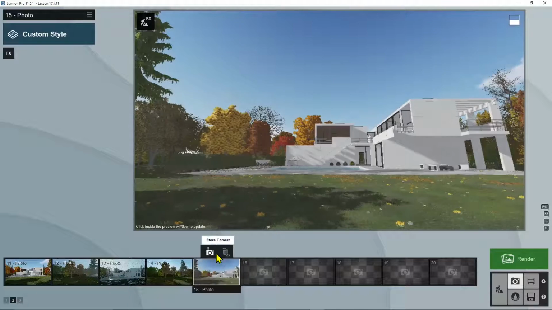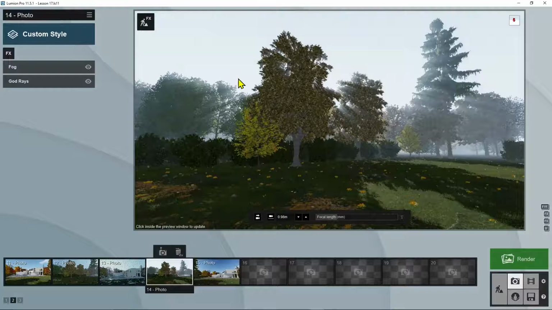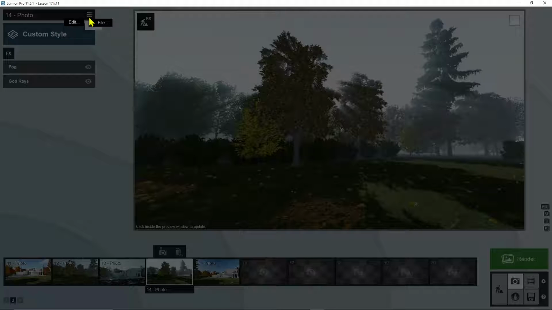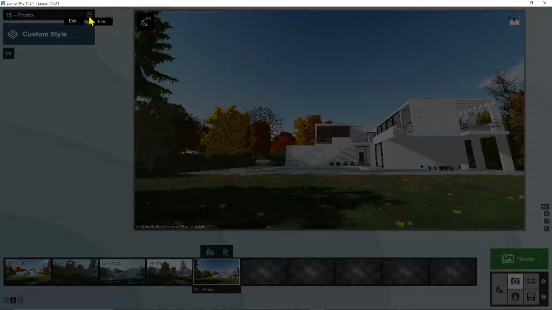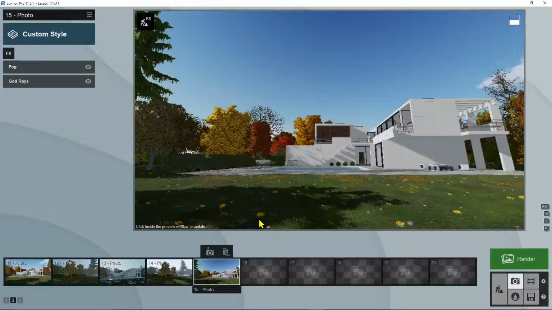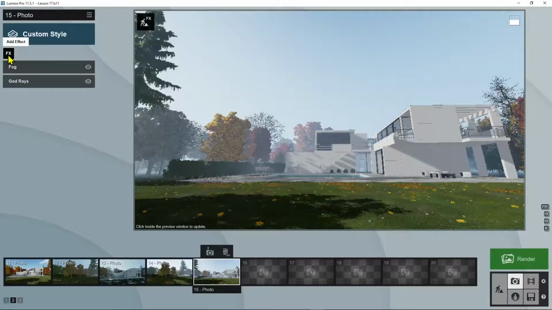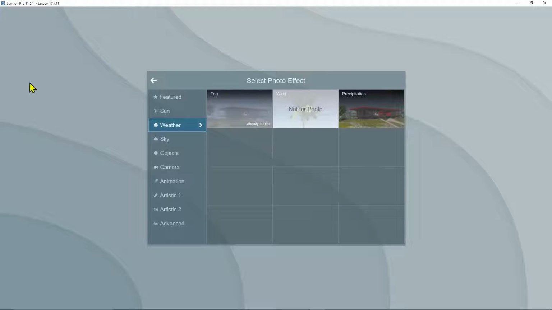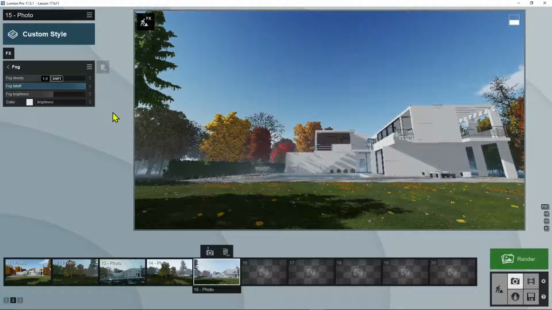Okay, if I want to use another view here, but I want the same effects that I used in the previous, I can go to menu, edit, copy effects, go here and edit again and paste effects. So I can make more views using the same set of effects. And well, let's stay again in the fog because we also have a fall off for the fog. So if you don't want it to go all the way up, you want it to be a little bit